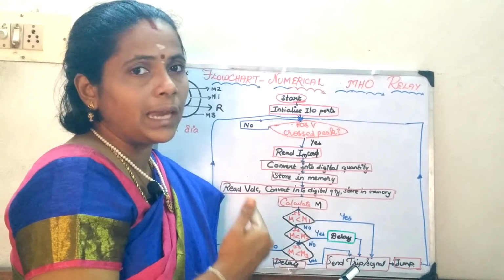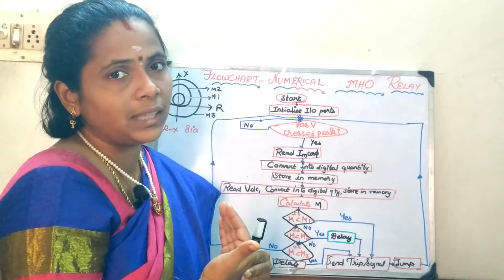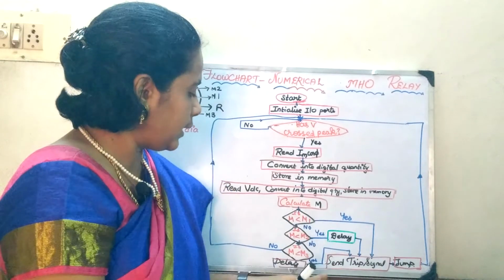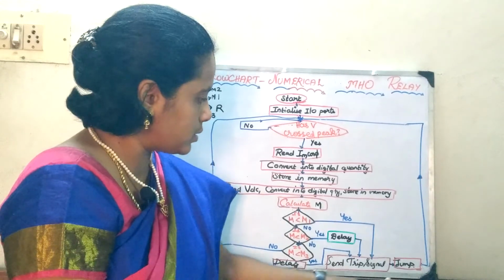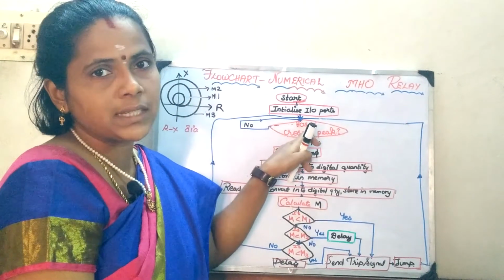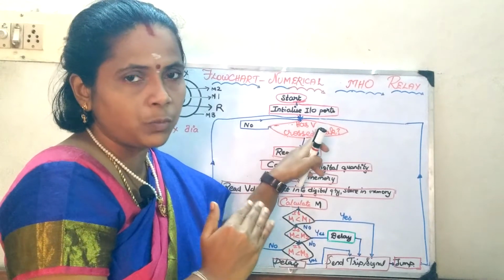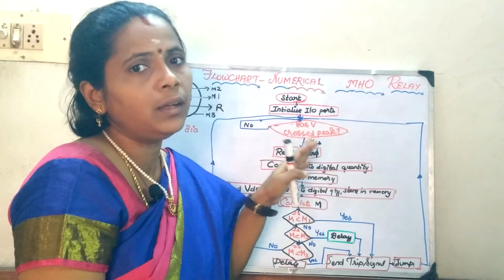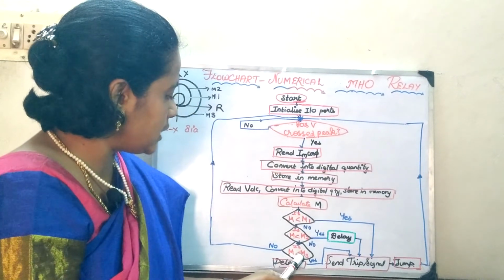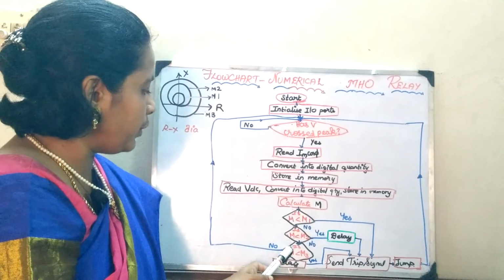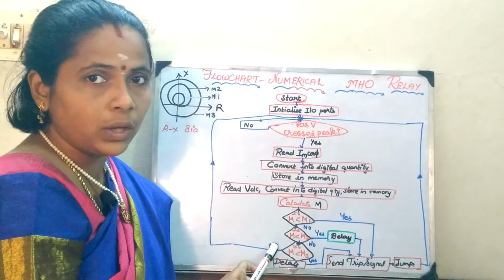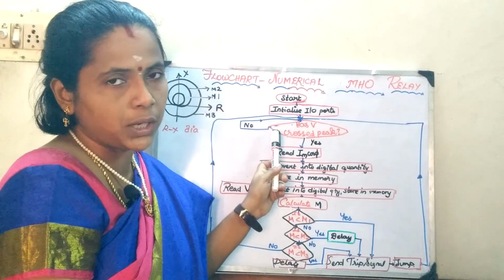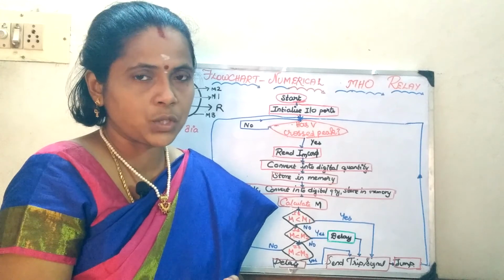Suppose the value, instead of being lesser, is greater than that. Then that means there is no fault in the circuit. In that case, if M is greater than M3, the flow jumps back to check whether the voltage has crossed its peak. Only when the voltage has crossed its peak do you measure the instantaneous value of the current. Similarly, in the zone 3 protection, if the answer is not yes, then the condition is no, and it goes back to check whether the voltage has crossed the peak to detect the fault condition. So with this, I wind up today's session. Thank you.